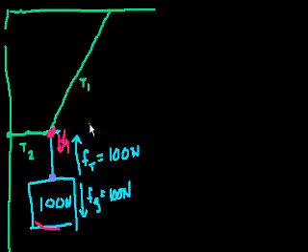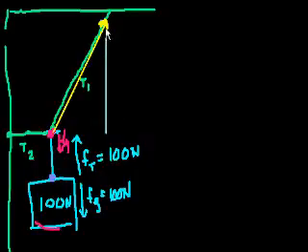So we know that the y component of T1. So if we say that if this vector here, let me do it in a different color, because I know when I draw these diagrams it starts to get confusing. So let me actually use the line tool. I don't know if you can see. Let me make a thicker line. So we have this vector here, which is T1, right? And we need to figure out what that is. And then we have the other vector, which is its y component, and I'll draw that like here. This is its y component.